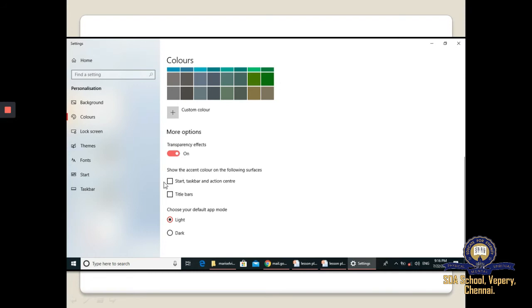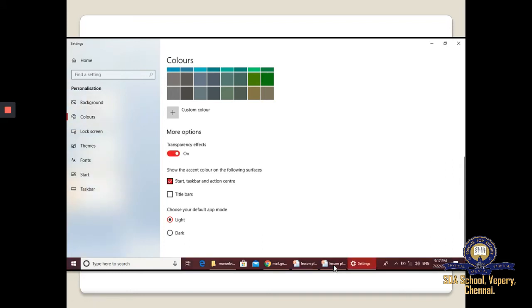You have to select both of these, then only the color will be changed from the previous one to the chosen color. Then choose your default app mode, light or dark mode. These are the options in colors.